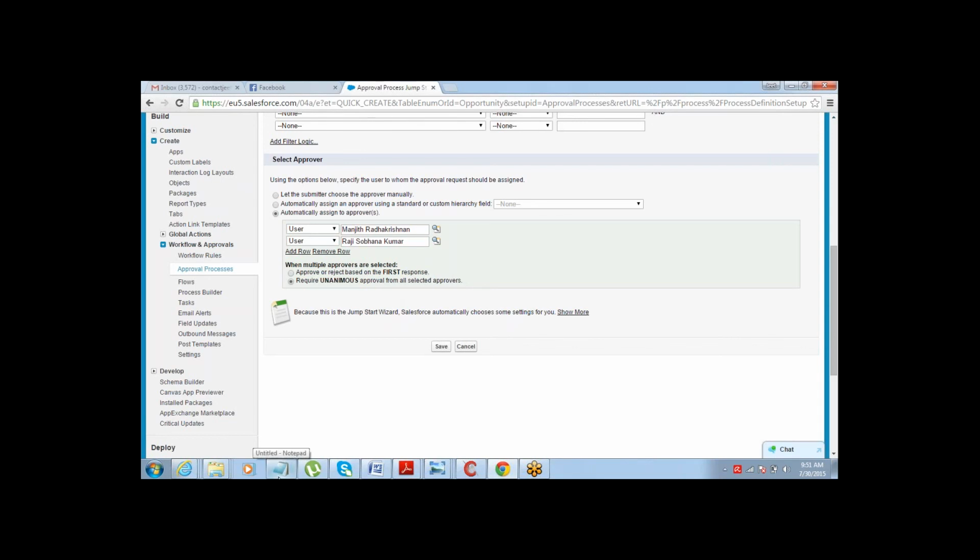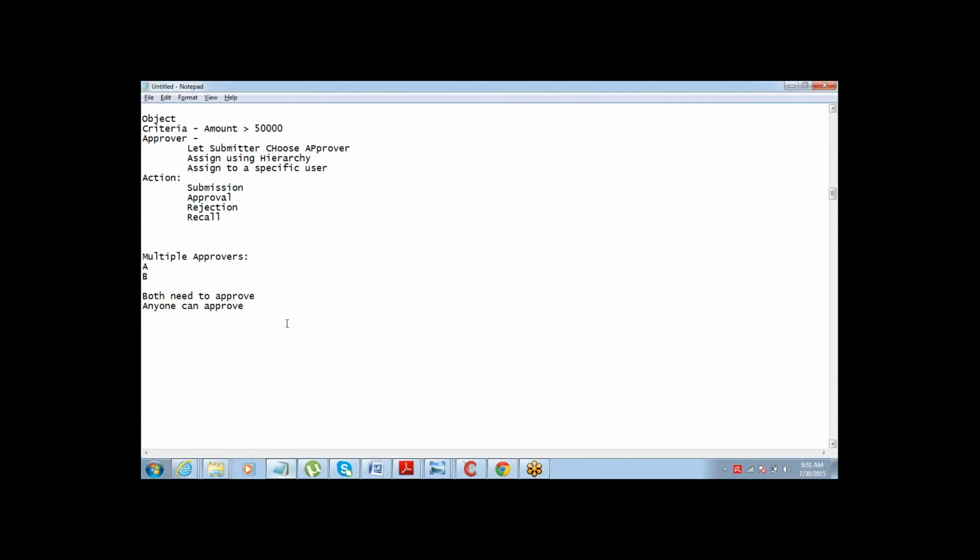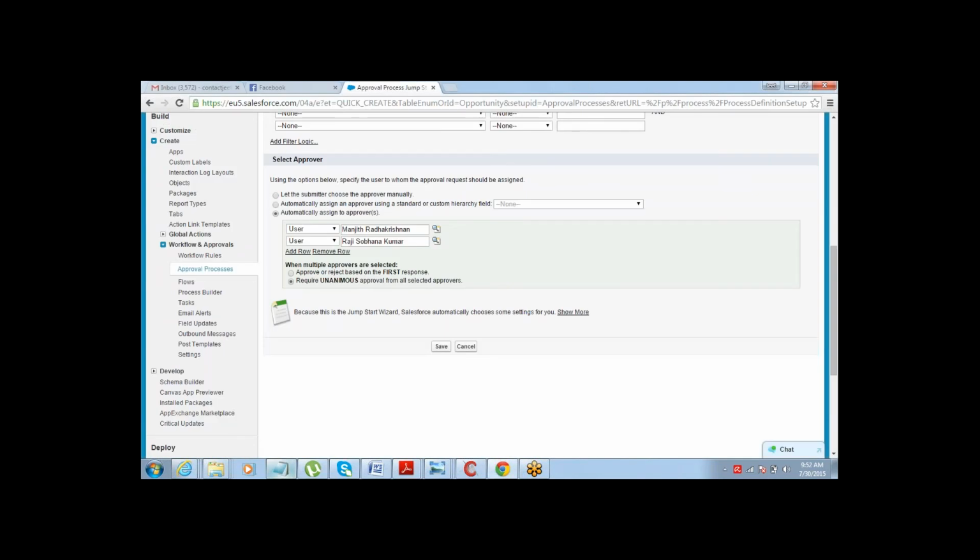All right. So that's how we actually deal with multiple approvers. Now there is one more small thing which I would want to talk about here, which is approving or rejecting via email. Sometimes the approver might not want to click on the link and then go and approve and all that stuff. He might want to just approve or reject the record through an email, right?